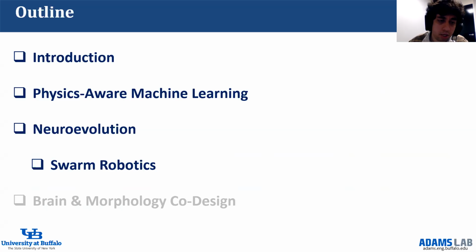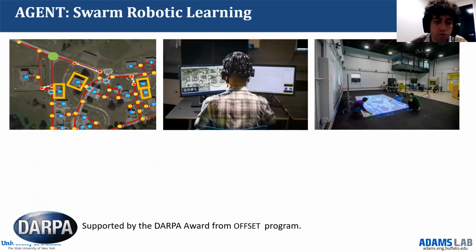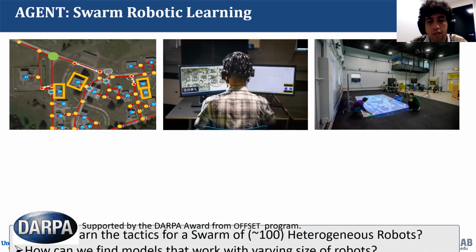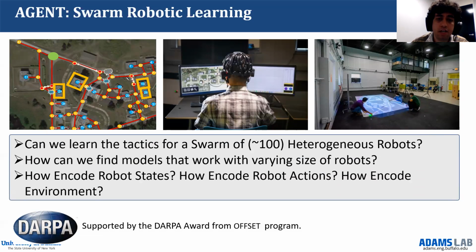Okay, the other problem we solved using neuroevolution is for swarm robotics. This was a joint work between different groups, computer science and mechanical engineering, at the University of Buffalo. We were working for the DARPA OFFSET program. The OFFSET program for DARPA was trying to find and learn tactics for a heterogeneous robot team